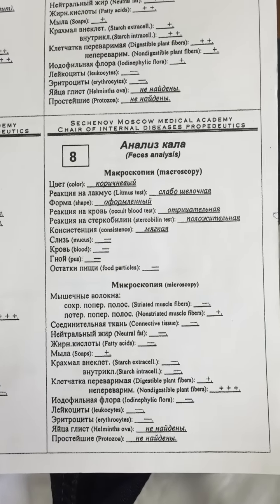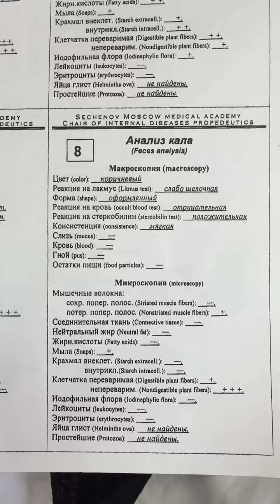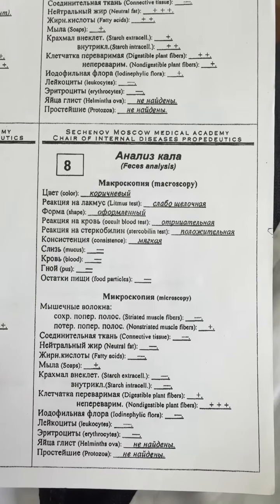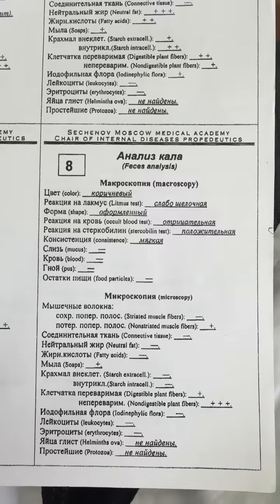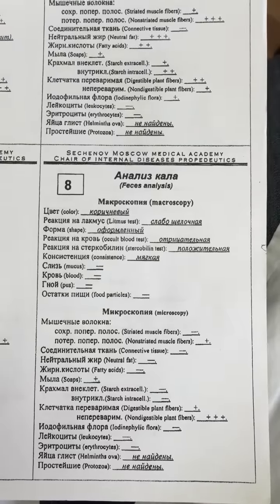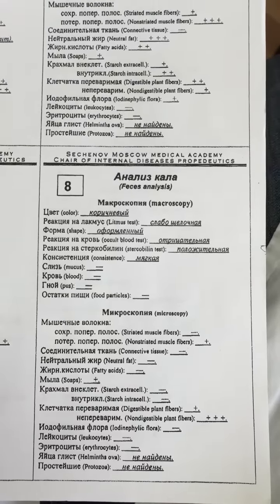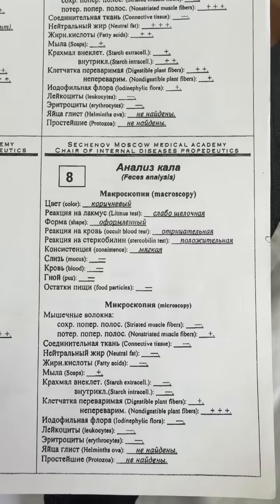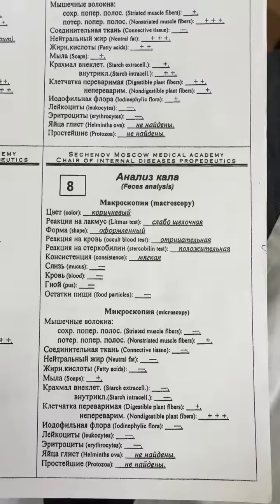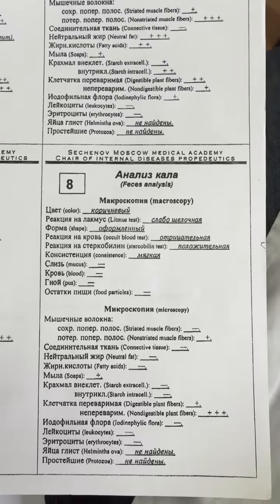So, and the last one, number 8. The color is brown, slightly alkaline. The form is normal. Reaction on blood, occult blood test negative, stercobilin test positive, consistence soft. Here it's a very difficult analysis. Why? Because it's a normal analysis. You will have a normal analysis of feces, of urine, of blood. So